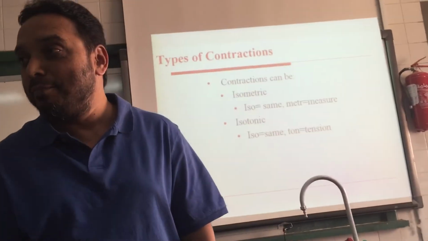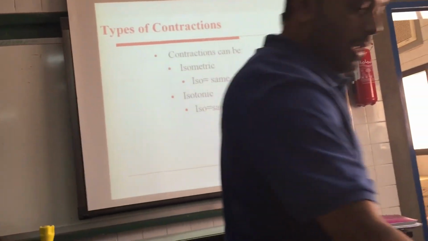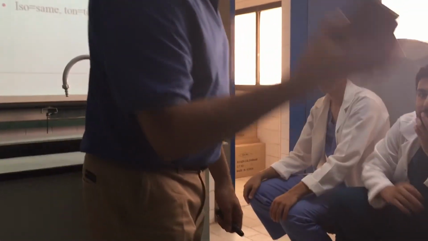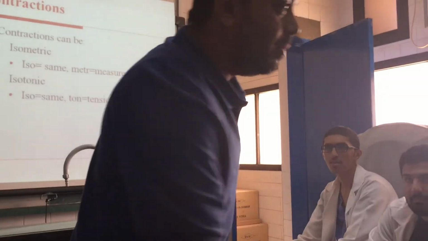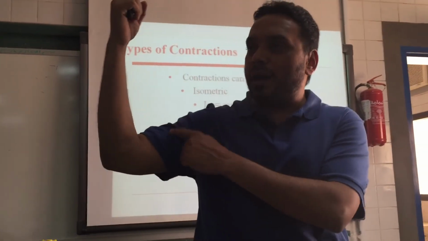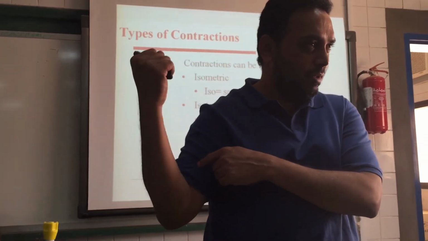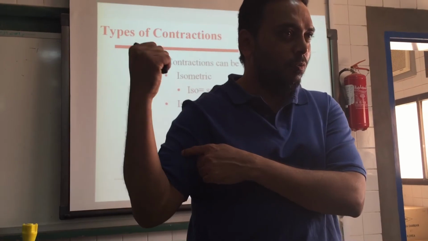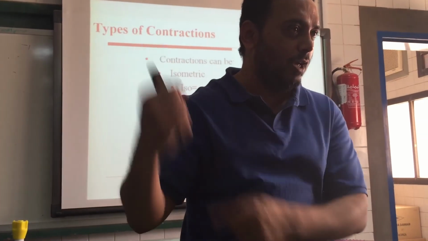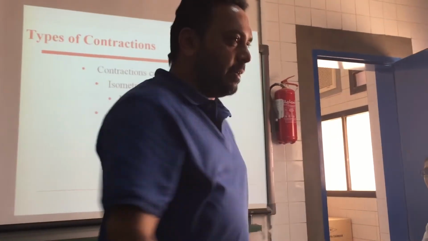Okay, example. I lift up a weight, for example. I am lifting up a weight. Is the biceps going into contraction when I do this, lifting up a weight? Yes, it is contracting. What is this contraction, isotonic or isometric? Isotonic. Why isotonic? Correct, isotonic, yes.